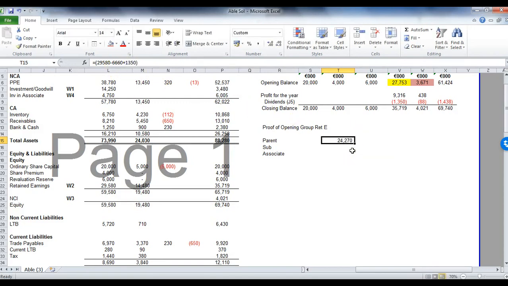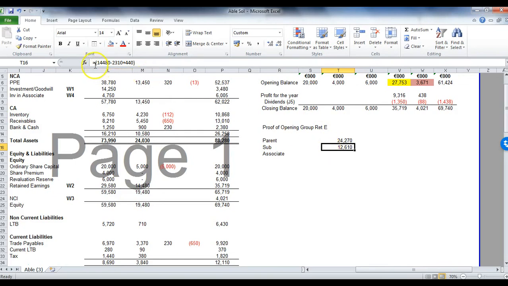So the parent's opening balance was 24,270. The sub, remember, you had it for 1 year. So you did have it for all of 2011, so you would have had some post-acquisition profits. So how to get that? You start off with the 14,480, which is the closing retained earnings. You take off the profit for the year, which is 2,310, so to get back to January. But remember, they also paid a dividend. So that's your 440. So that gets us to what the retained earnings of the subsidiary were at the 1st